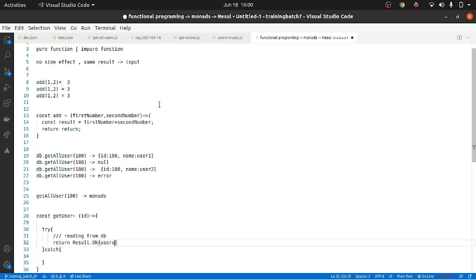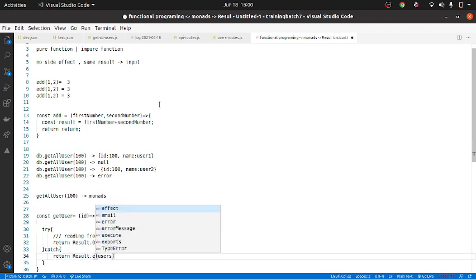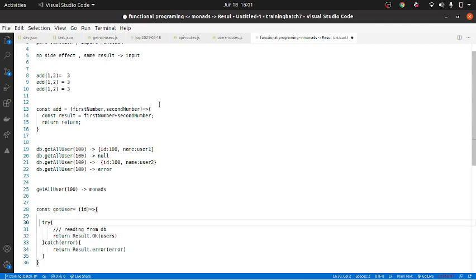In case of error, we return Result.Error and I'll catch whatever the error is and pass this error. Now till now is it all right?